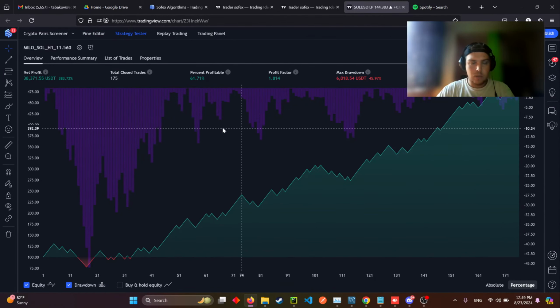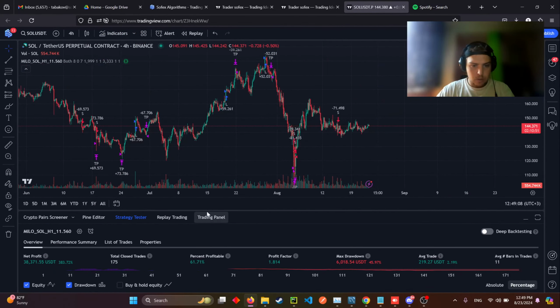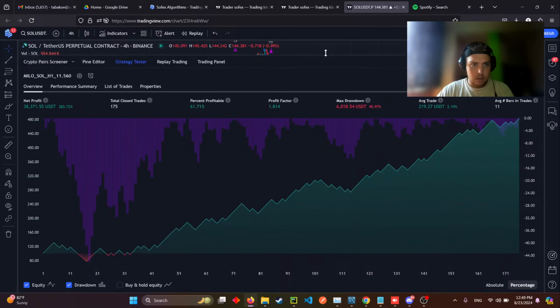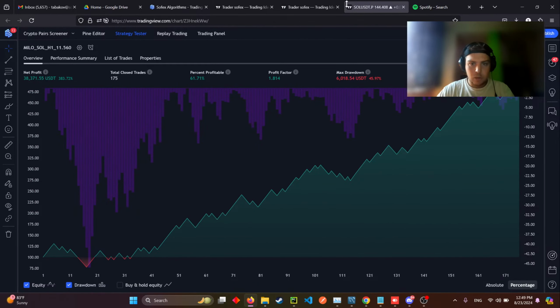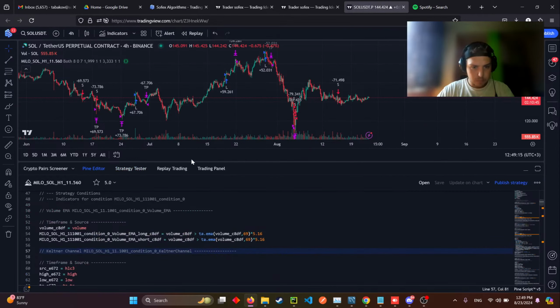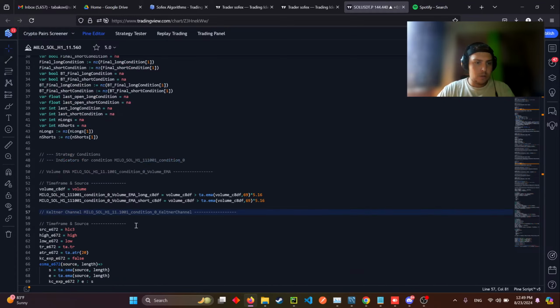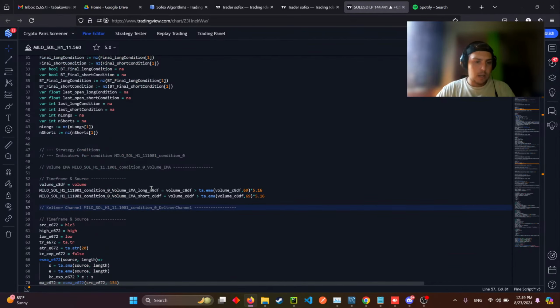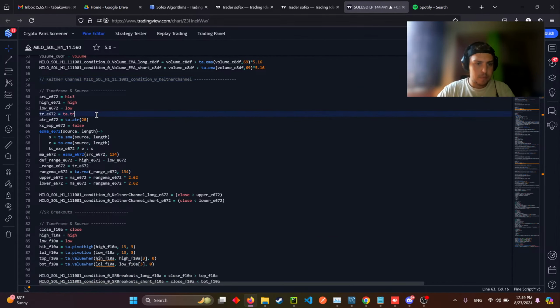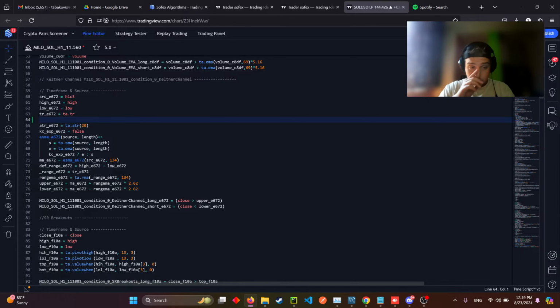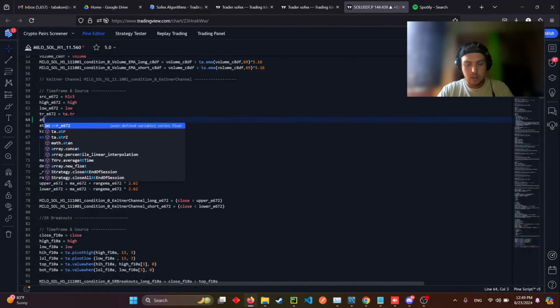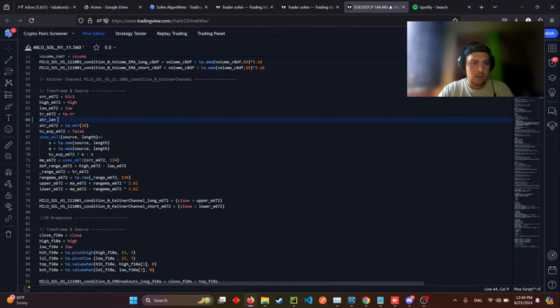Okay, we definitely increase the percentage, increase the trades by a lot. However, we decrease the profit factor. Now, what we're going to do is start adding inputs. So, for example, we have an average true range, and we're going to say that ATR length of the